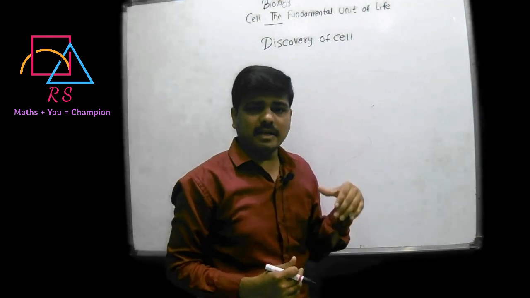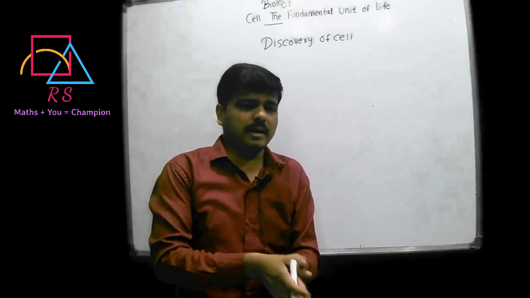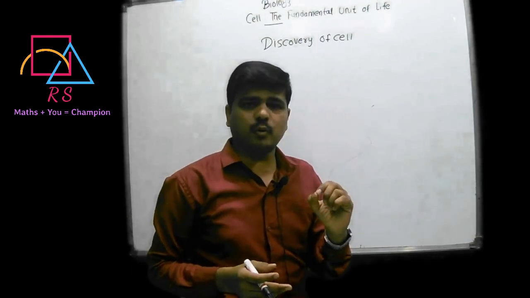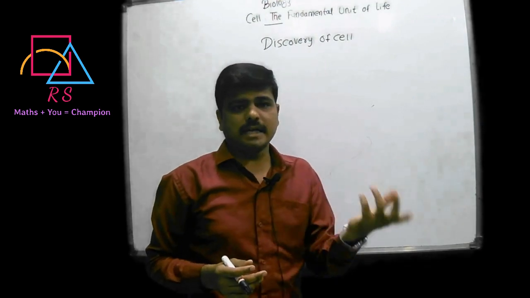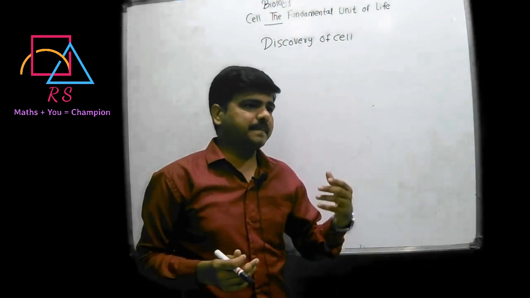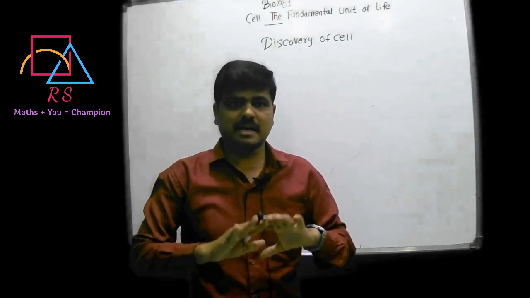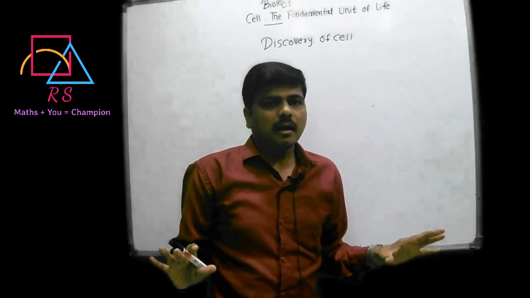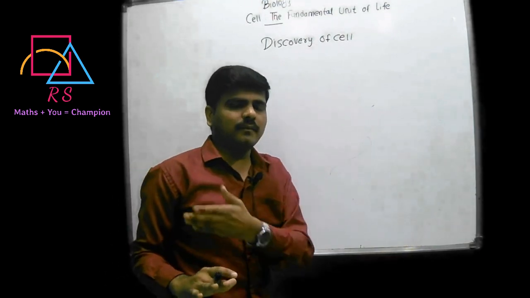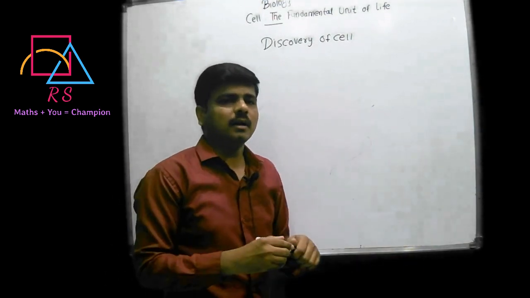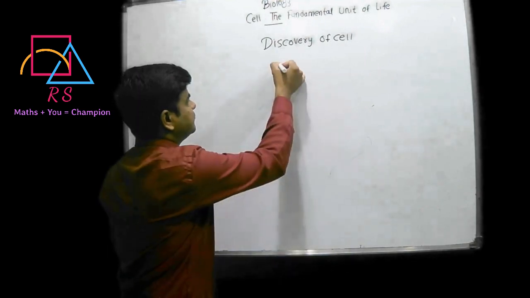In 1831 Robert Brown told us that the central portion in the cell is the nucleus. Then in 1839 Purkinje gave the term protoplasm, the living content of the cell. Meanwhile, when all these things were going on, there were two scientists,